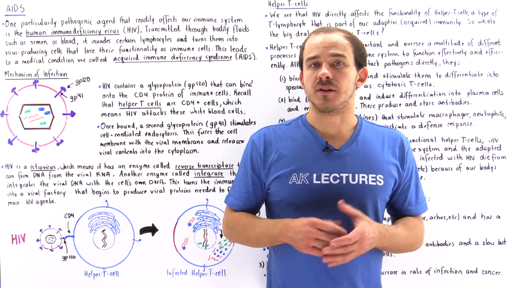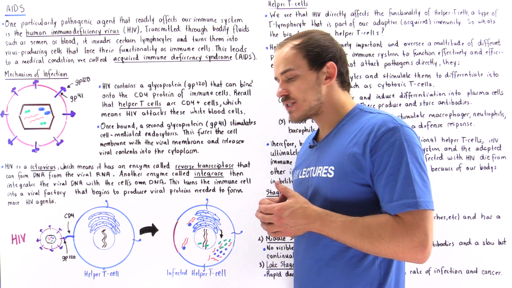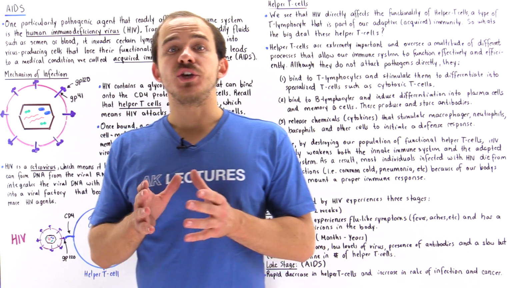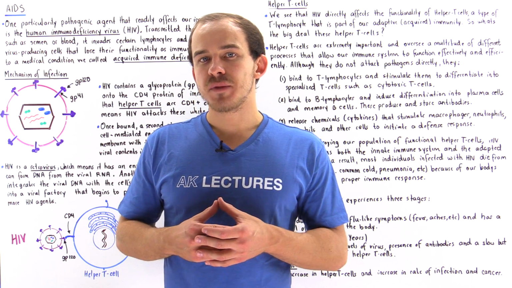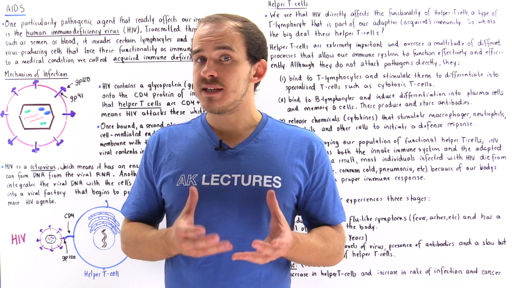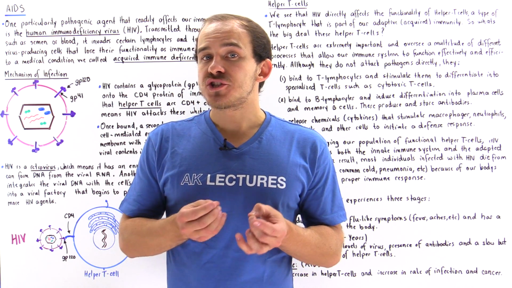One particularly pathogenic agent that infects our body, more specifically our immune system, is a type of virus known as the human immunodeficiency virus, or simply HIV. Now, transmitted through bodily fluids such as blood and semen, what this virus does is it infects special white blood